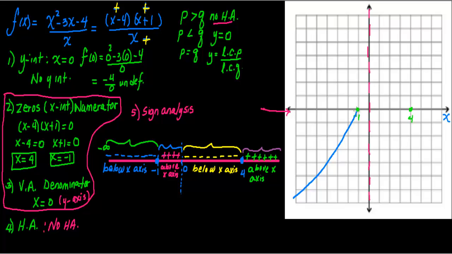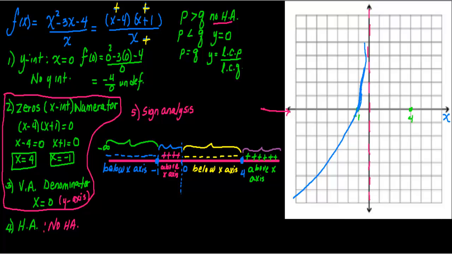And since it's a 0, that means that my graph will cross this 0. And if you notice here in my sign analysis, when I reach this point of -1, after -1, notice that the graph is above the x-axis. That means I cross it and now I am above, right? I'm above the x-axis. And notice that I have a wall. I have an asymptote, and whenever I have a wall, the graph will approach the wall, get really